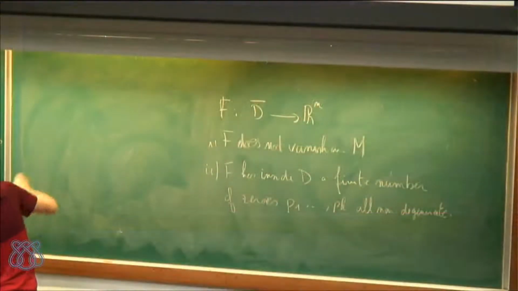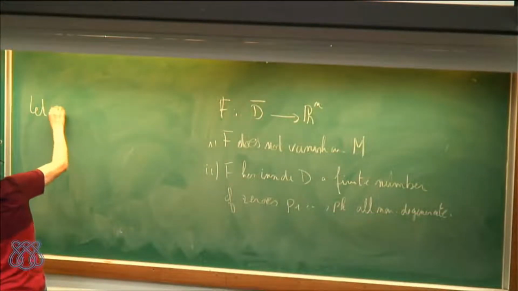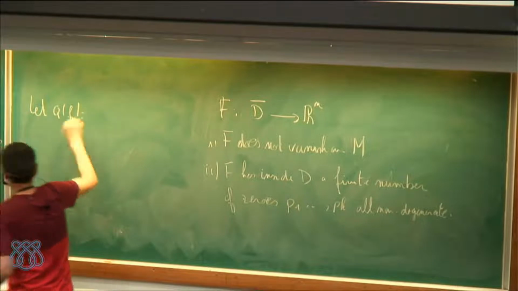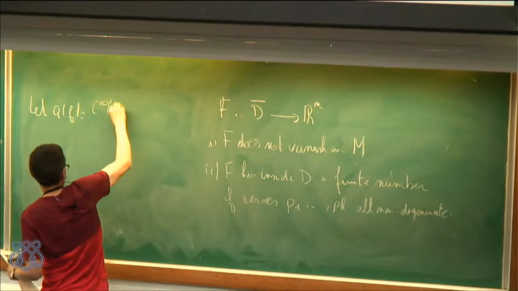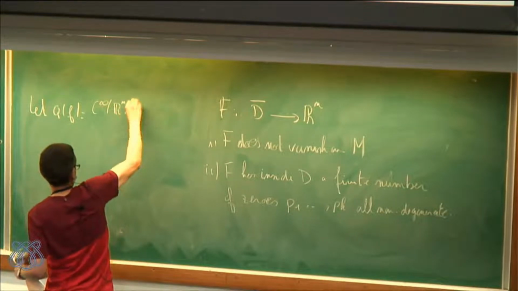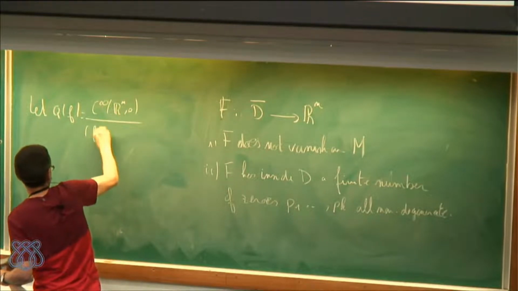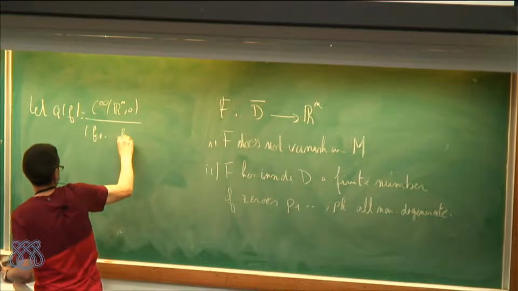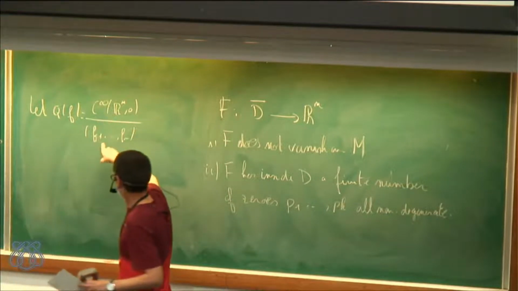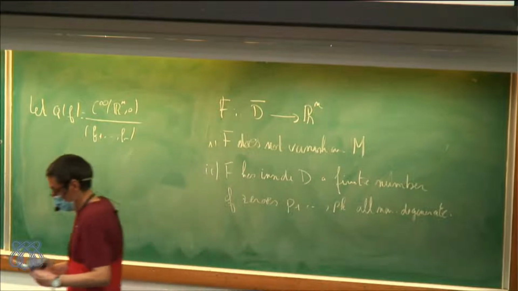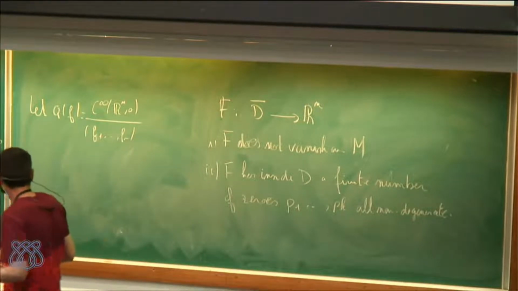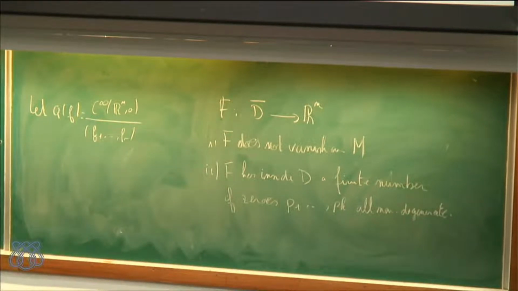So I consider Q_f the local algebra. This algebra has already appeared in several talks in this school. This is the germ of C-infinity functions divided by the ideal generated by the coordinates of f. So this is the local algebra. And the Eisenbud-Levine-Khimshiashvili formula gives a way to compute